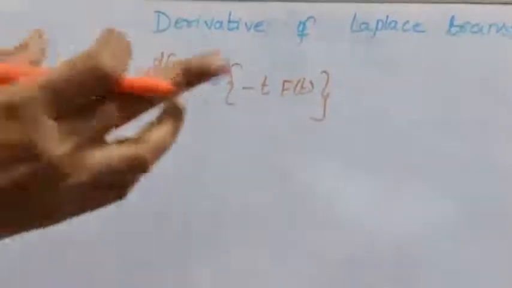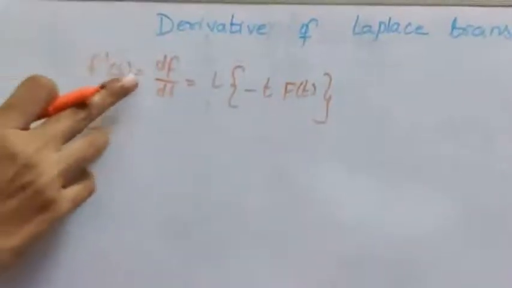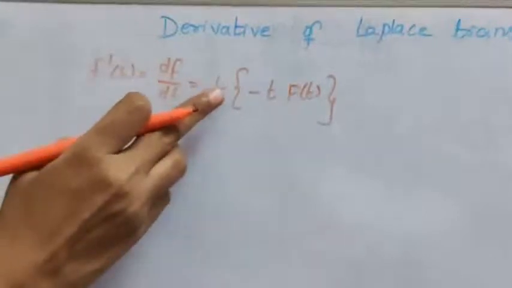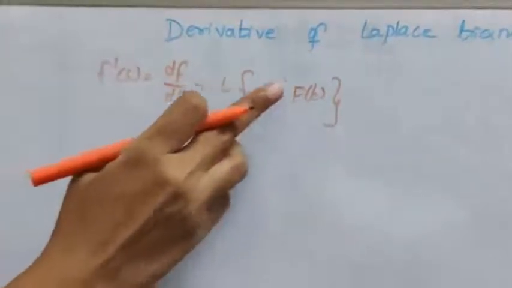Okay, in the derivative of Laplace transform, what do we have to prove? F dash of s is equal to df by ds is equal to L of minus t into f of